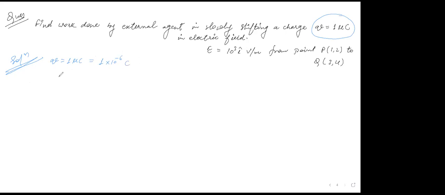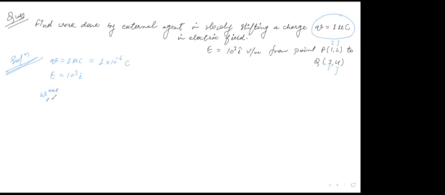The value of electric field is given as 10 raised to the power 3 I cap, and point P is (1, 2), where 1 is along I cap and 2 is along J cap. Similarly, for Q it is I cap and J cap. So we can write directly W external, the work done by external force,